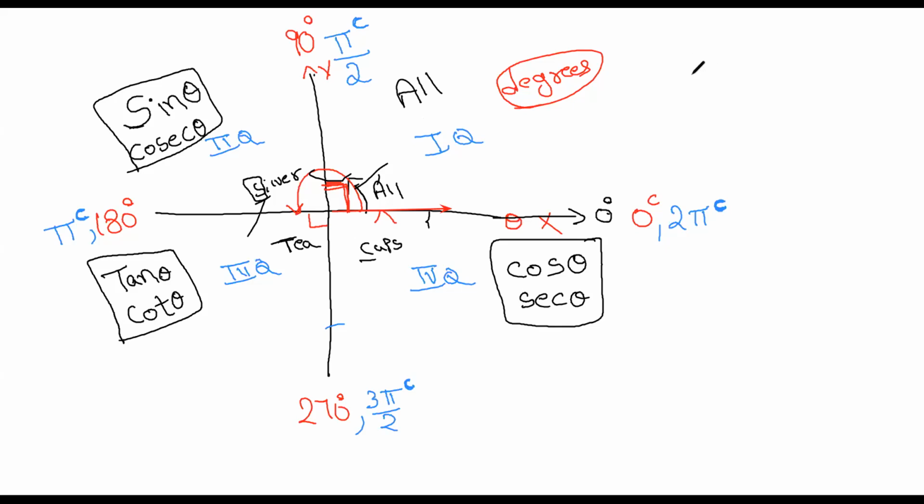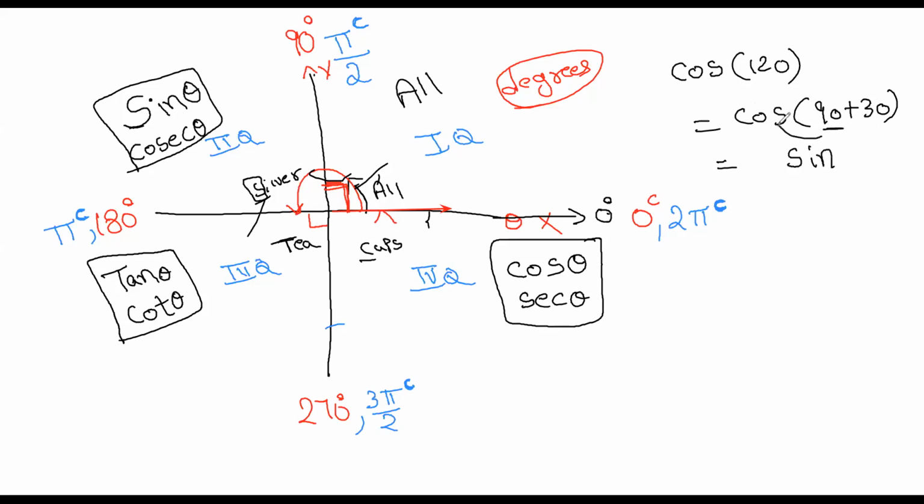Now let's come to the previous question. I asked what is cos of 120. Now cos of 120, I can write as cos of 90 plus 30, correct? Since we are adding 30 to 90, cos becomes sine, and 30 stays as it is. This is just the value, that is the modulus. Now we need to know the sign. Cos of 90 plus 30 means cos of 120. So which quadrant does this angle lie in? Second quadrant, right?